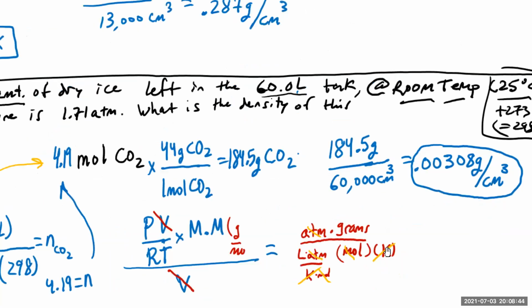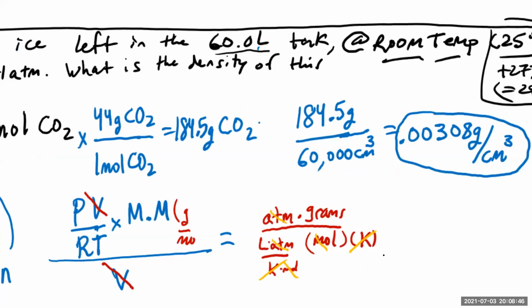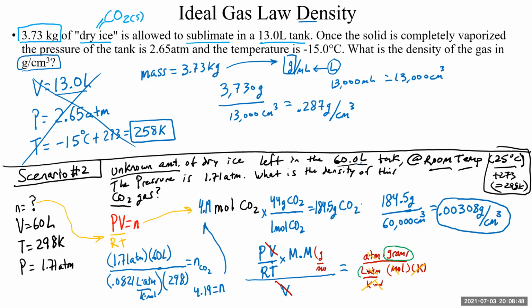Here we go, zoomed in. The only units that won't cancel out are grams and liters. That's a type of density. That's mass over volume. And if you want to convert from liters to milliliters, just multiply the liters times 1/1,000. So you could do it that way. You could just take all of this, P times molar mass divided by 1,000 RT.